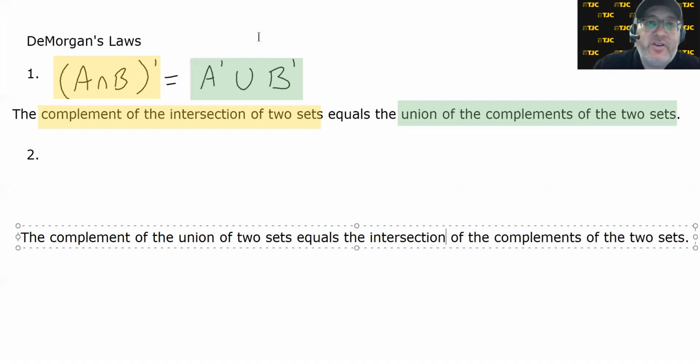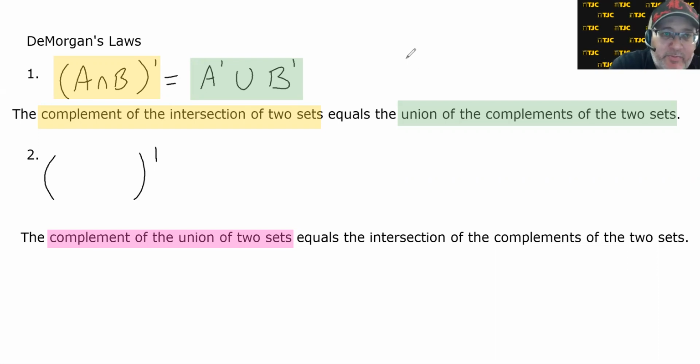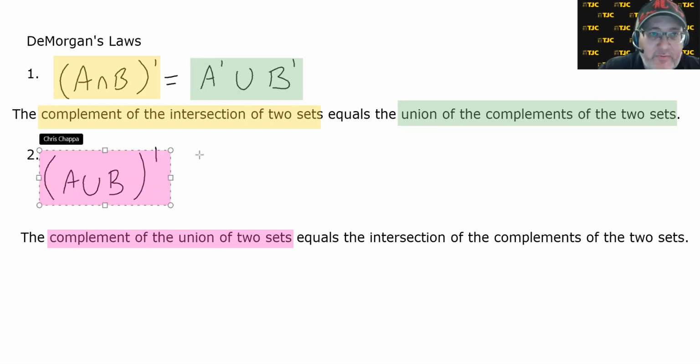And let's see if we can write this in symbols. All right. So let's start with, we'll highlight this one in pink. Let's start with the complement of the union of two sets. How would we write that? Well, complement of means we start with this. But we're taking the complement of more than one set, so we have to put it in parentheses. Complement of the union of two sets. That would be the left half of the second of DeMorgan's laws, is equal to,